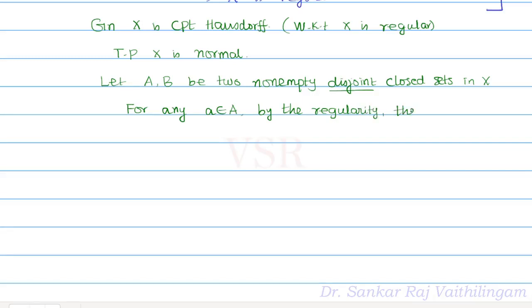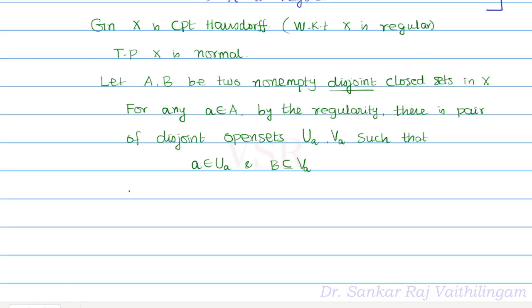there is a pair of disjoint open sets, and the open sets I call U suffix a and V suffix a, such that a belongs to U suffix a and B is contained in V suffix a. That's all. Now consider the collection